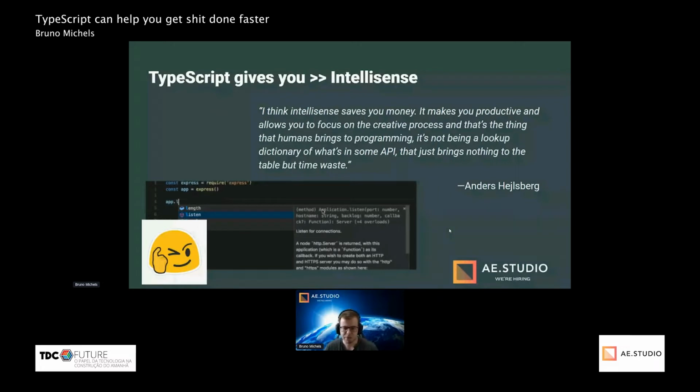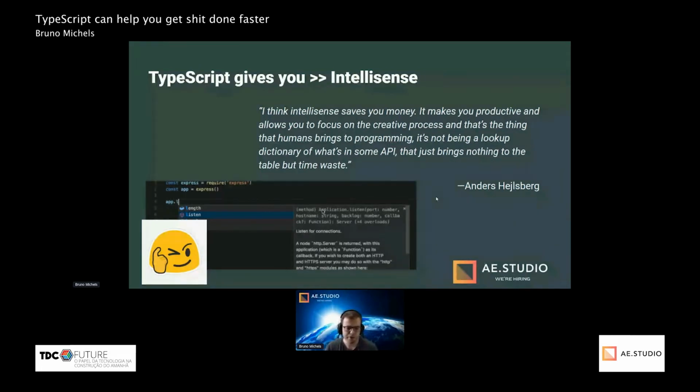You can call passing, maybe not passing a host name, just passing a port. You don't necessarily have to pass this backlog. So there are different signatures you can use. So you got all this information here. You don't have to stop what you're doing, go over your browser, Edge, Chrome, whatever, find the documentation for Express, and then find the page where it explains how to start the server, to find the function you want and see how to use it.